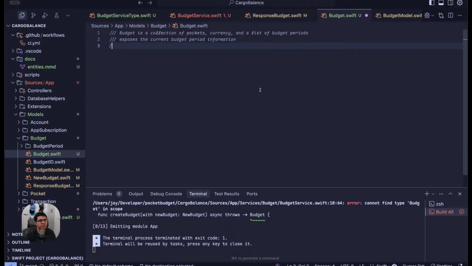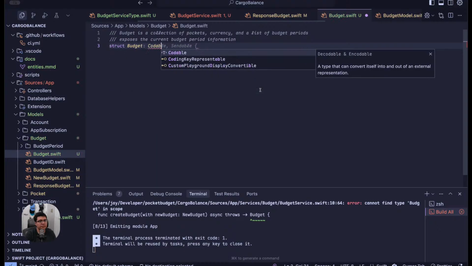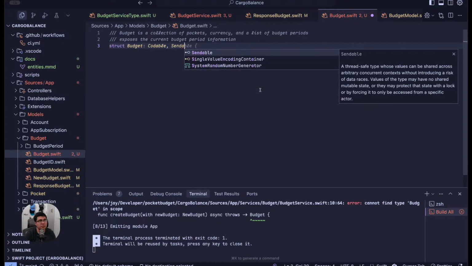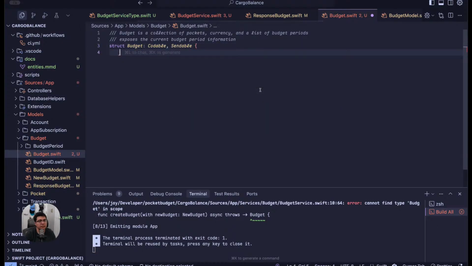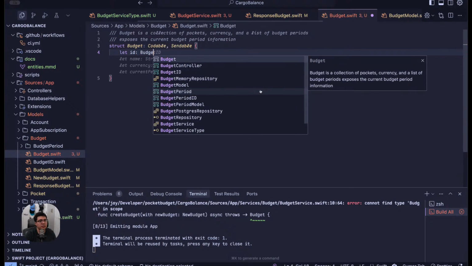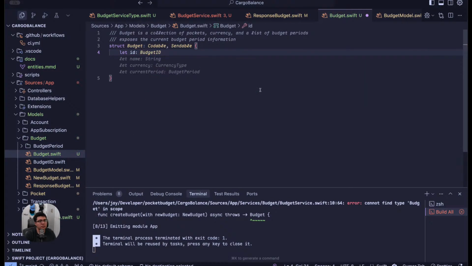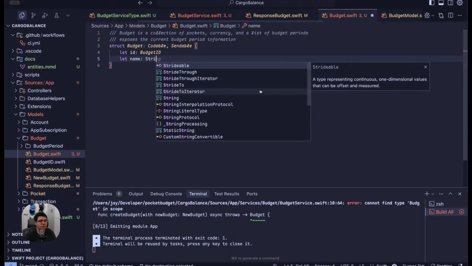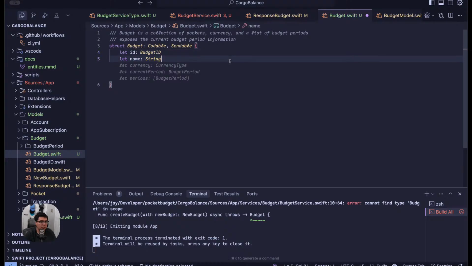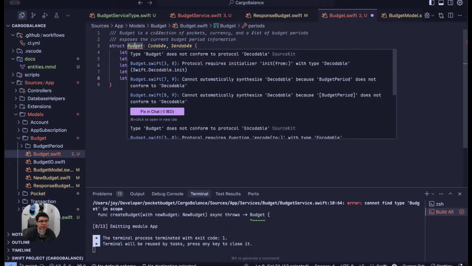So let's make the budget. We definitely want it to be codable. I'm doing Swift concurrency, so let's make it sendable at the same time. Let ID is a budget ID. We have the name, currency type, current budget period, and, instead of doing a whole list of periods,